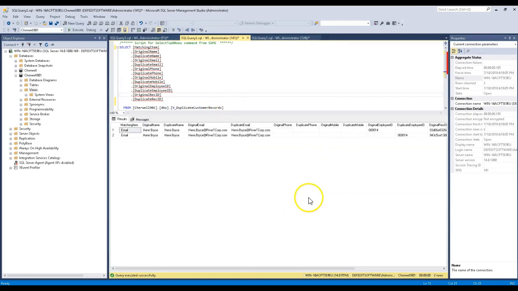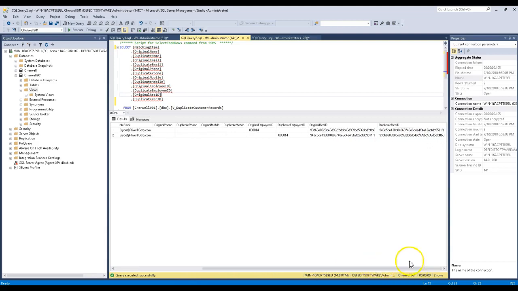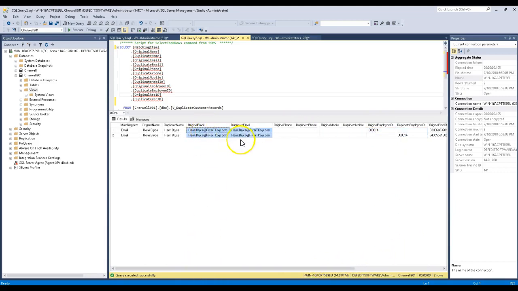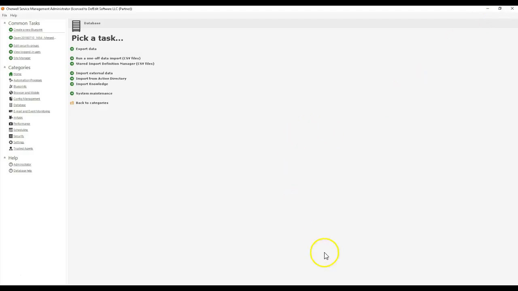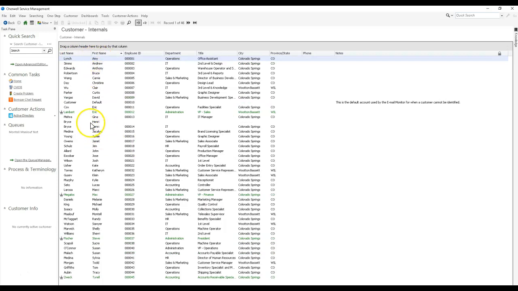Anyways, so you'll notice our list of duplicates has shrunk down significantly, and for good reason. So we have one duplicate customer right now, and that is Henry Bryce. We can see here there's an original rec ID and a duplicate rec ID. So there's two different customers here with the same employee ID as well as the same email address. And that's correct. The only duplicate data we have in our Cherwell system right now is a separate Henry Bryce